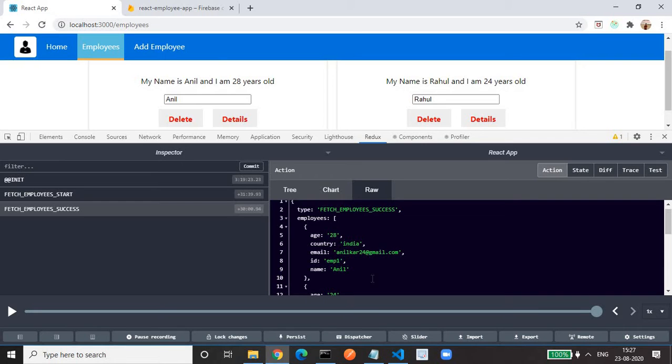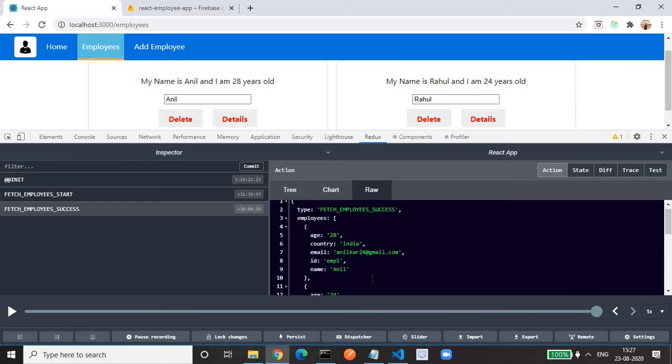To manipulate the state in the store, we need to dispatch an action. This action is dispatched from the component, and this action is caught by the reducer, which is a pure function, and this reducer executes this action on the basis of type as well as the payload.